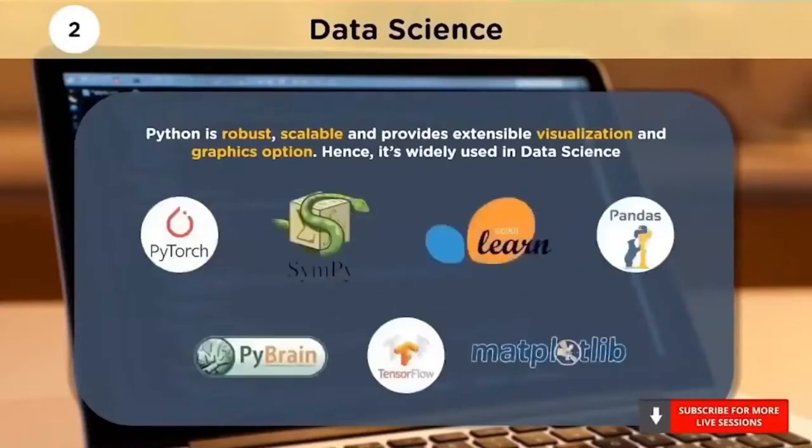Python has libraries such as NumPy for numerical computation of data, Pandas for operations to manipulate data on numerical tables and time series. It also provides SymPy for symbolic computation and SciPy for technical and scientific computations. It has another library called PyBrain, which is sought for Python-based reinforcement learning, artificial intelligence, and neural network library. Scikit-learn is a machine learning library for creating classification, regression, and clustering algorithms. And finally, it provides PyTorch and TensorFlow for deep learning.